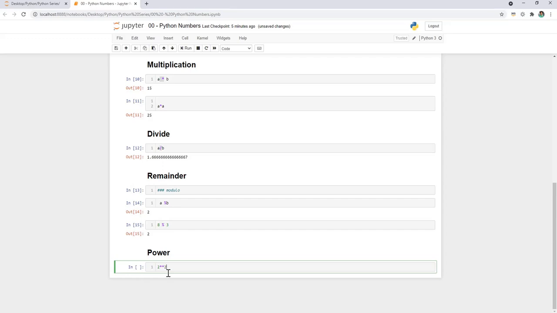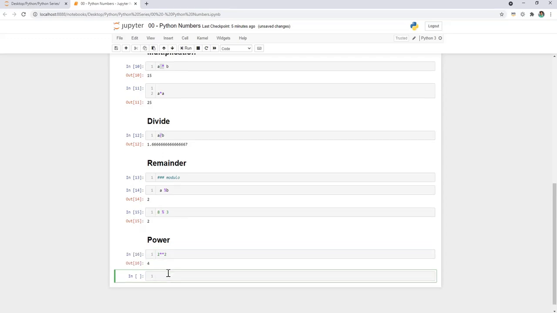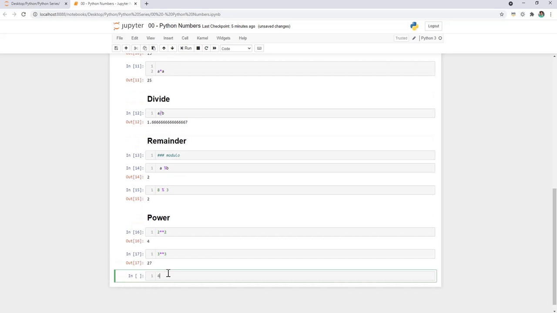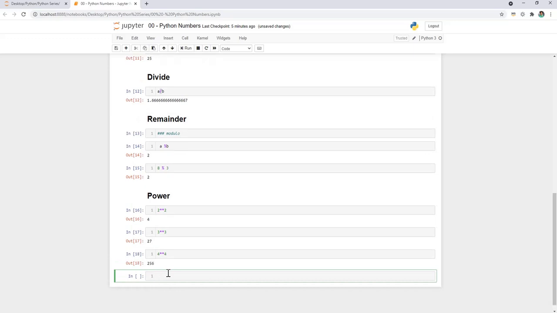So double asterisk, it's 4. Now 3 to the power 3, with double asterisk 3, is 27. And 4 to the power 4 is 256.